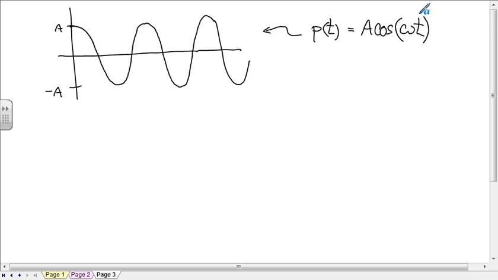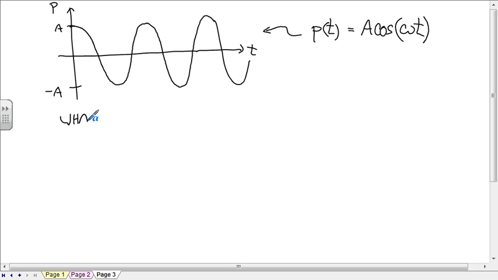What would happen to this graph if omega stayed the same, everything stayed the same, but A changed? Yeah, just the height would change, but the peaks would all happen at the same time value. And that has sort of a funny, kind of a surprising meaning physically for this system. What that says is,